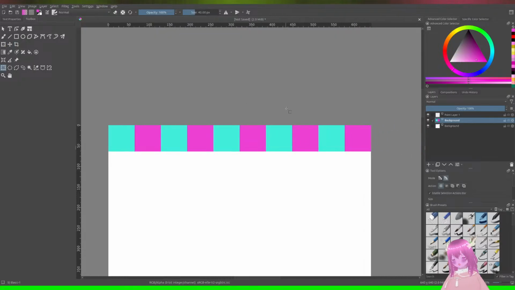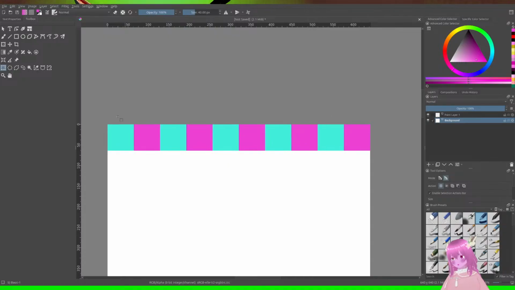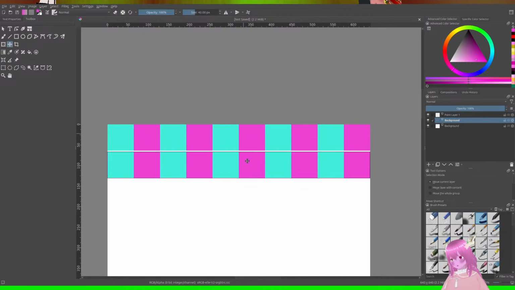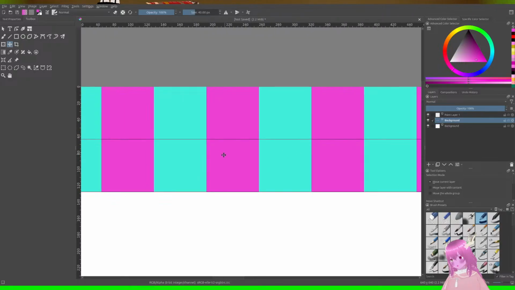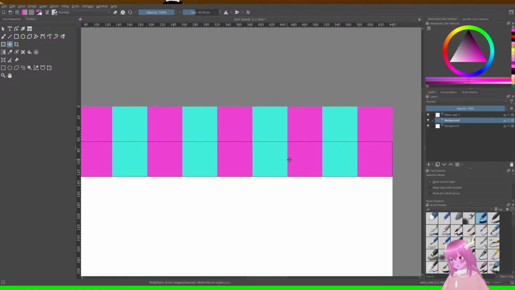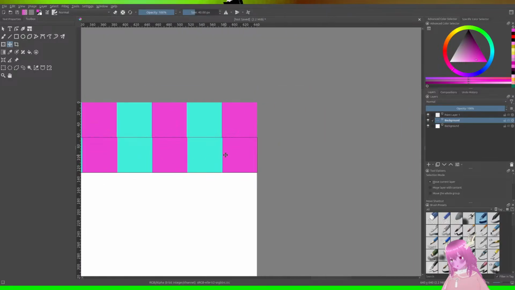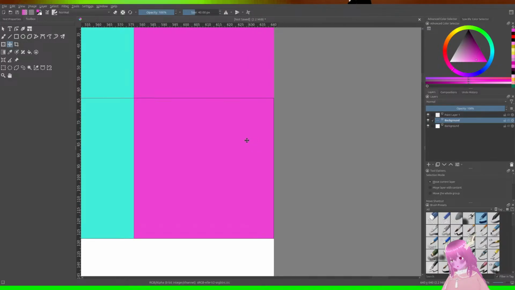Look at that, I've made a bunch of a blue and pink version of the Firefly from Minecraft. That's how this works, right? Oops. Oh, jeez.